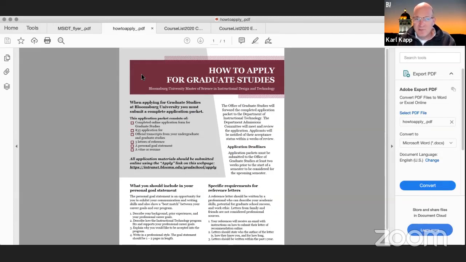We have people that go on to be facilitators of online instruction. We have people that go on to teach in K through 12 or at the college level. We have people that go into large organizations that are part of a training department, so they're a training specialist or a lead instructional designer. We have others who have started their own companies.